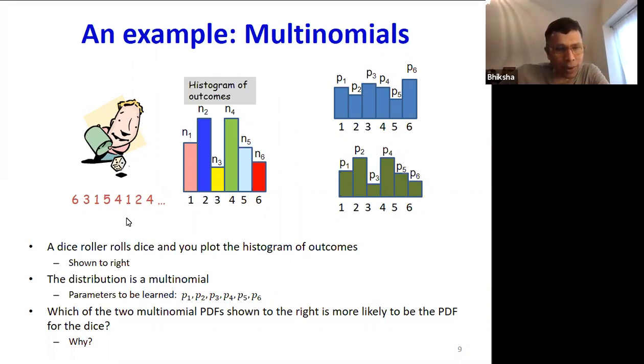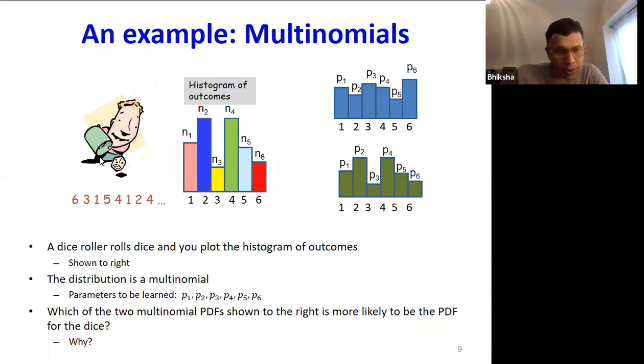And at the end of it all, he plots a histogram for the number of times each face turned up. So n1 is the number of times he got 1, n2 is the number of times he got 2, and so on. So here is the distribution, the histogram that he has plotted. Now, if he were given the choice that this dice